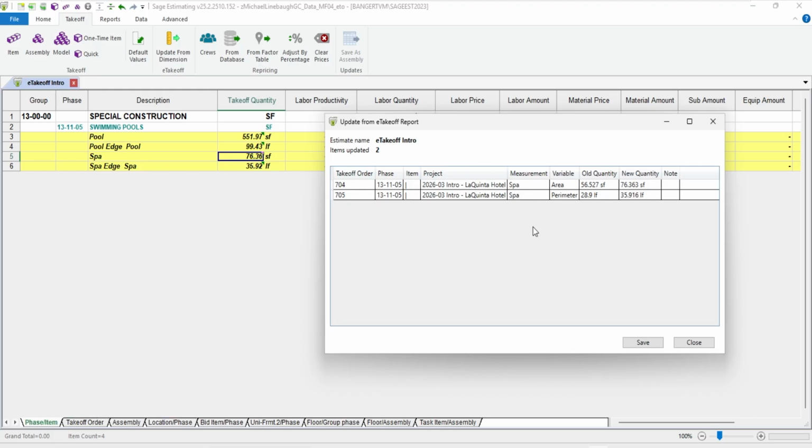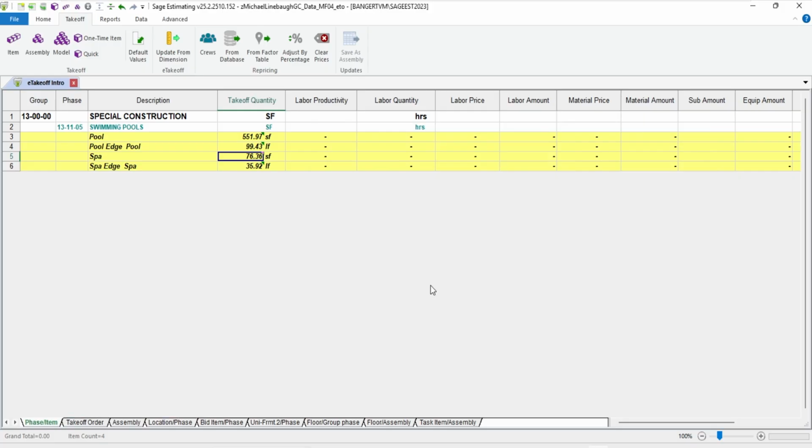So this gives me a recourse of what things I went back and did more takeoff on, found more product, less product, changed something, and it can update those quantities in the spreadsheet. If you notice, I've already got 76 square foot here in my spreadsheet. I could save these if I wanted a log of what changes were made along the way. In my case, I'm just going to say close. It's very easy to make modifications, get my estimate up to date, and be able to go back into a project later and figure out where that content is from.